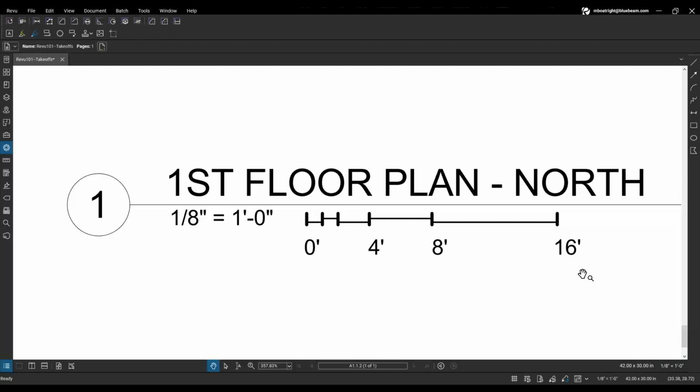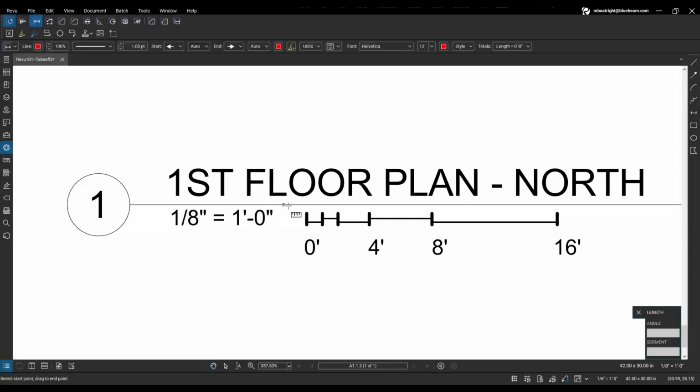Now, at any time when we select a scale for a drawing, the next thing that we want to do is create a quick measurement just to verify that that scale is accurate. This is where we recommend utilizing the length tool. The length tool is an easy way to measure the distance between 2 points very quickly to just verify that your scale is accurate. My length measurement's already present up here on my toolbar. It's going to look like this little icon here. I'm going to go ahead and just give that a single left click,